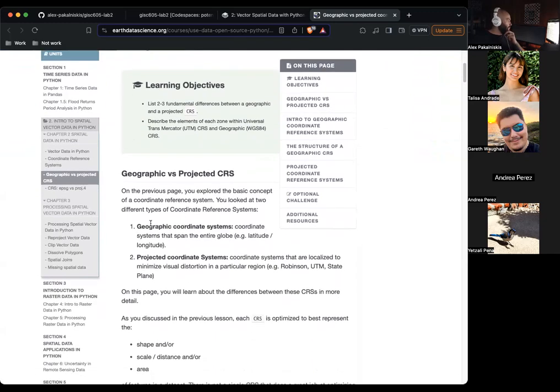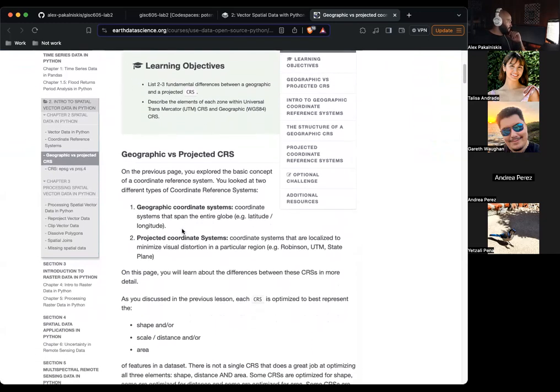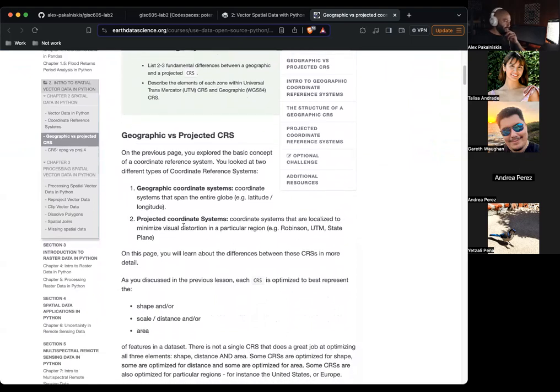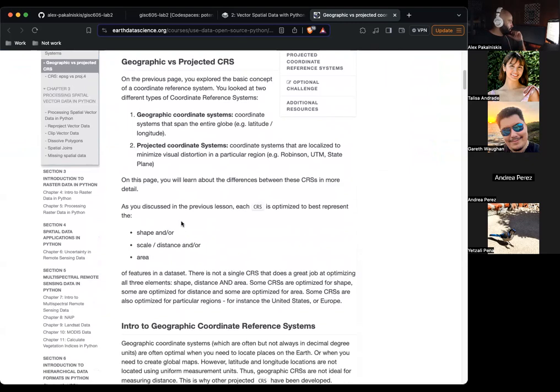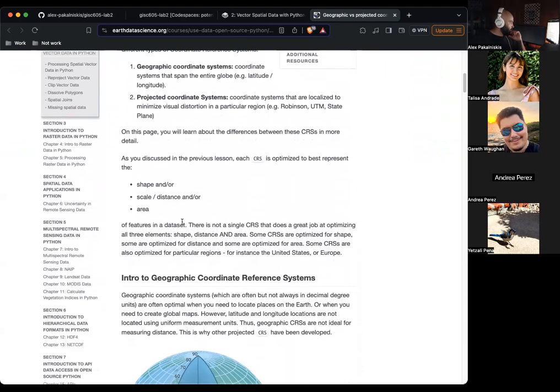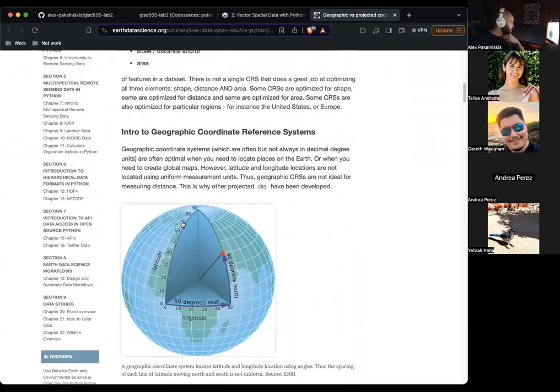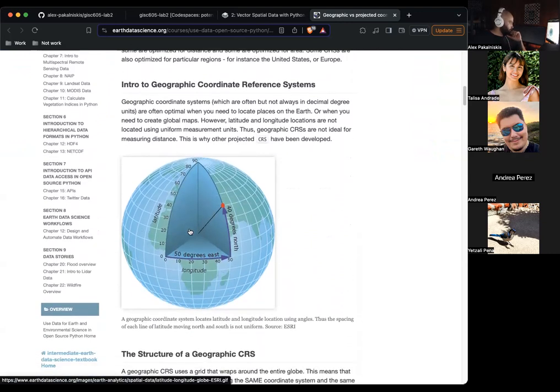We looked at geographic coordinate systems and projected coordinate systems. Now we're going to learn a little bit more about those in detail. So there's not a single CRS that's the best for everything. There are trade-offs that you have to consider. I'm not sure this lesson has a ton of code, to be honest, but we'll find out shortly.